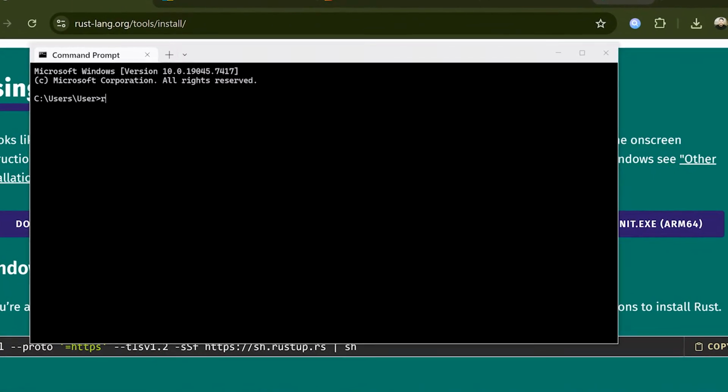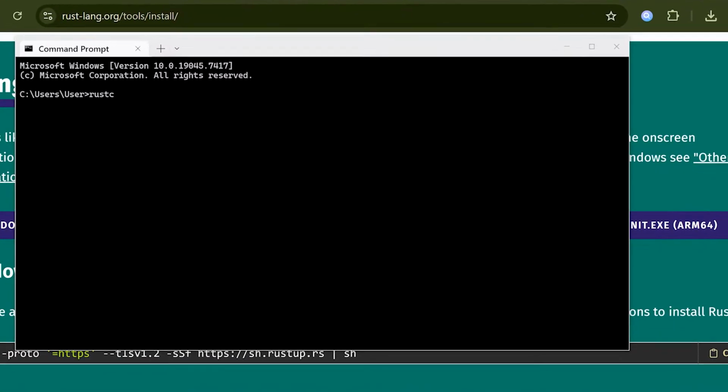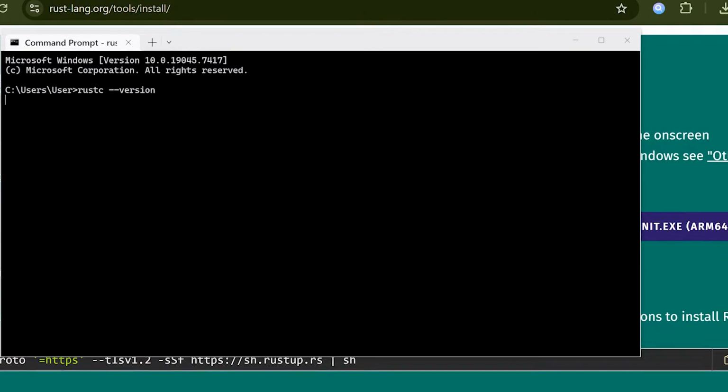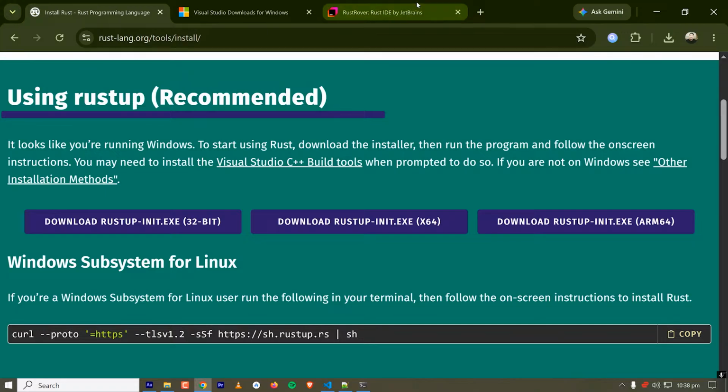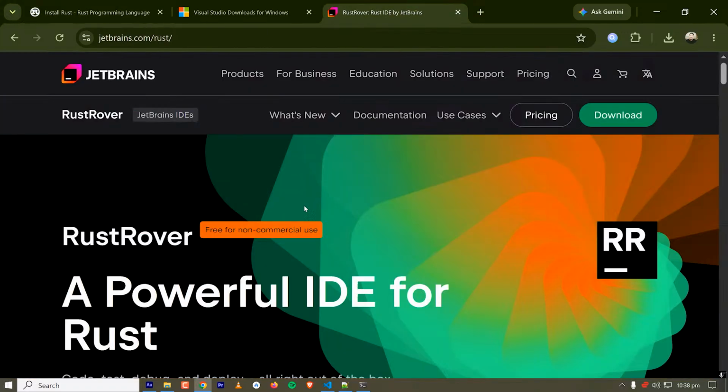So for that we'll type rustc --version, and we can see that the Rust compiler is there. Now let's check for cargo --version, and cargo is also there. So Rust is installed. So now if you are already into the JetBrains ecosystem, then you can use their IDE,